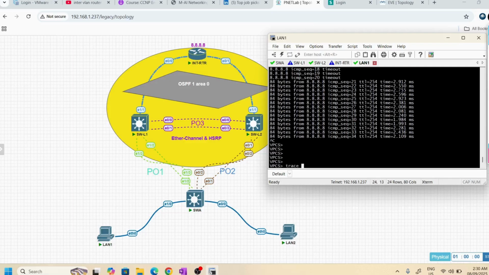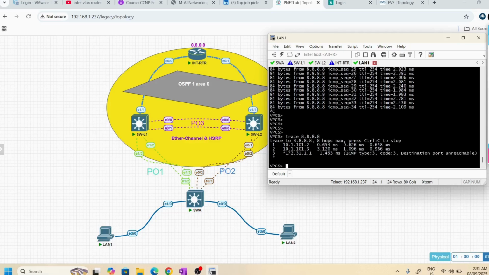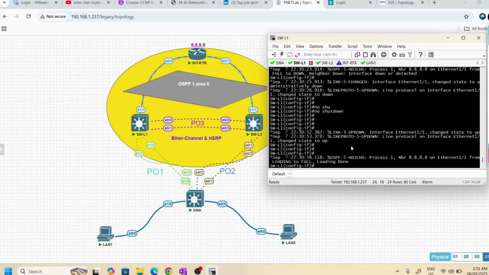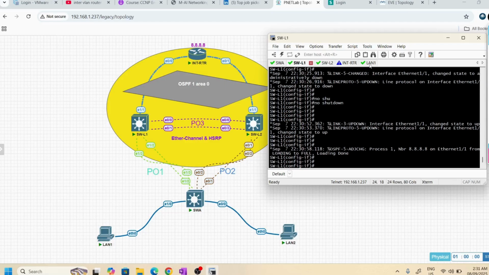Trace 8.8.8.8, and it's taking the path via 10.2.3 and 172.31. Why is it taking the secondary path? Okay, now it came up, so that's why.